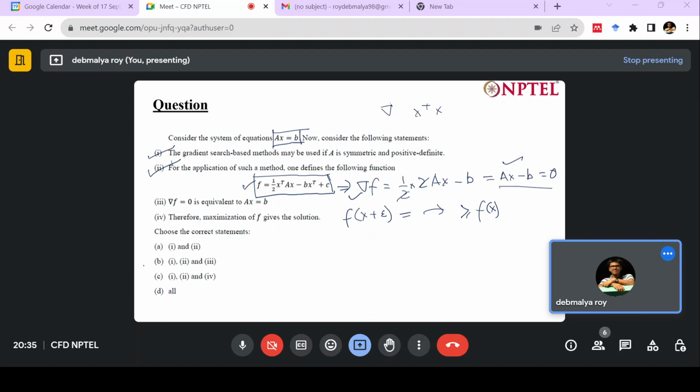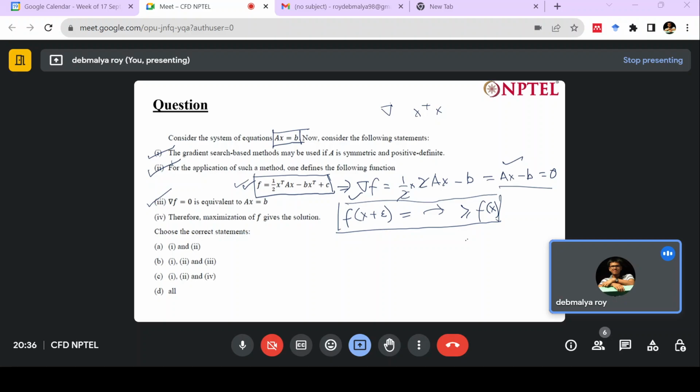Okay. And the last statement is: therefore, maximization of f gives the solution. That would have been true if this particular statement wouldn't be there. But this can be proved. If you simply put x plus epsilon instead of x in this particular equation, then you would automatically come up with a form